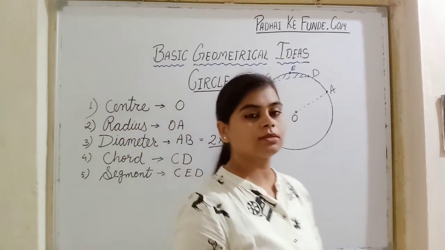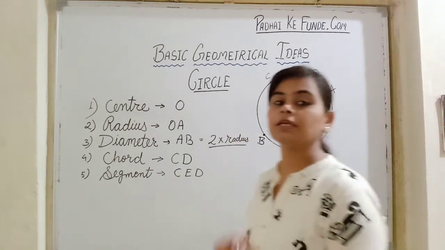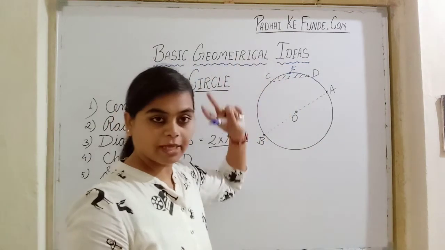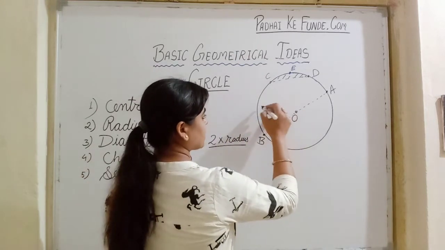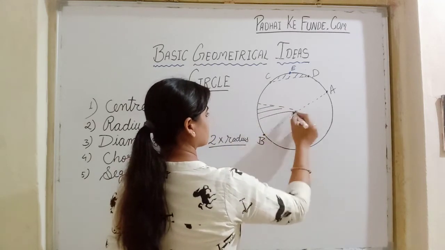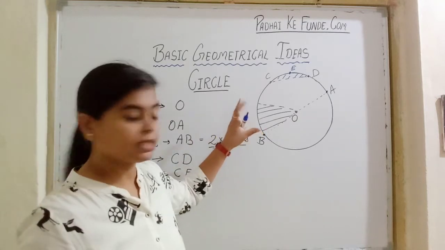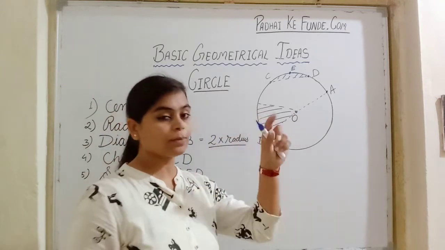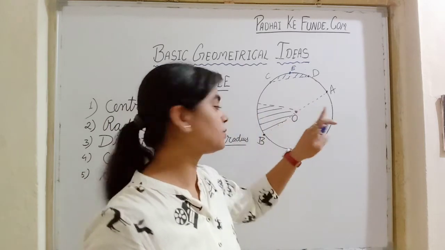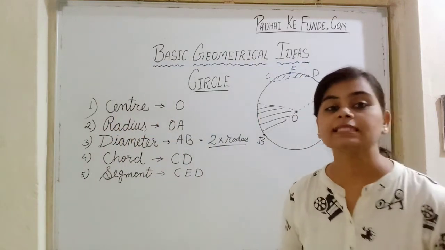Now imagine that the circle is a pizza, and if we take out a slice from the pizza, how do we cut it? We don't cut it from anywhere. The pizza slice is to be cut like this. Imagine it is a slice of pizza. So this one, the part of the circle in the shape of a triangle having a point at the center, should be taken from the center. This part is called a sector.